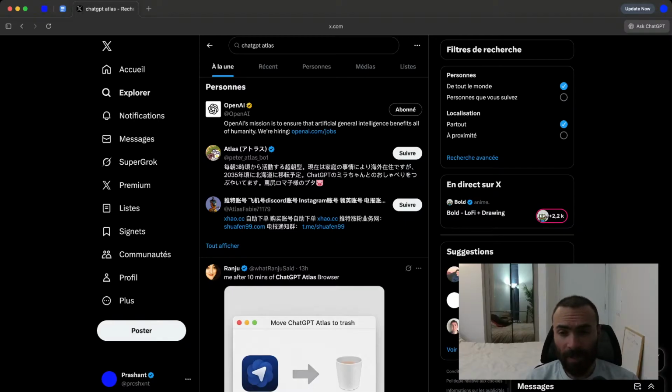Dia is still the most beautiful one. They have hired really good designers, and they do a really good job at just packaging this entire experience. They have these tiny animations, tiny UI elements that are just beautiful. Comet was powerful. Comet actually had the agent mode. It was actually working. Perplexity is working on a lot of things, and Comet is kind of their one product where all of these things come together.